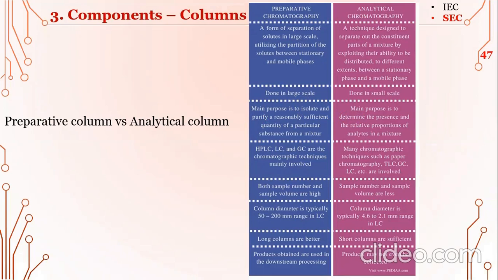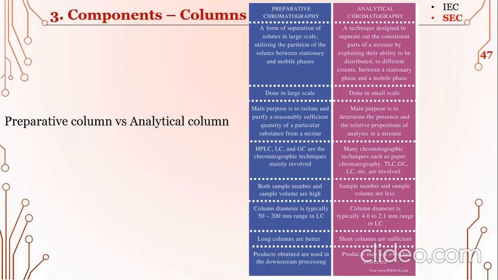जबकि जो एनालिटिकल क्रोमेटोग्राफी है उसमें हमने प्रेजेंस देखनी है कि वो वहाँ पे प्रेजेंट है या नहीं, या फिर उसकी प्रोपोर्शन डिटरमिन करनी है कि कितनी क्वांटिटी में प्रेजेंट है। और प्रिपरेटिव क्रोमेटोग्राफी में हम डिफरेंट क्रोमेटोग्राफी टेक्निक्स यूज करते हैं, लिक्विड क्रोमेटोग्राफी, गैस क्रोमेटोग्राफी एंड HPLC। और जबकि एनालिटिकल में हम पेपर क्रोमेटोग्राफी और लिक्विड गैस ये वाली सारी यूज करते हैं। प्रिपरेटिव क्रोमेटोग्राफी में सैंपल नंबर और उसका वॉल्यूम बहुत हाई होता है, क्योंकि वैसे भी हम ये लार्ज स्केल पे कर रहे हैं, जबकि एनालिटिकल में सैंपल नंबर और वॉल्यूम लेस होता है।